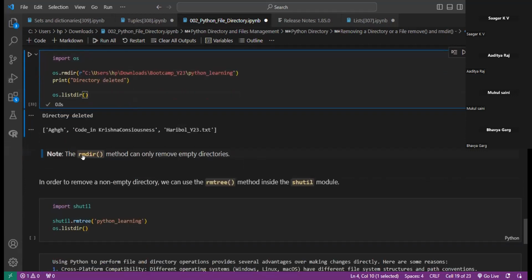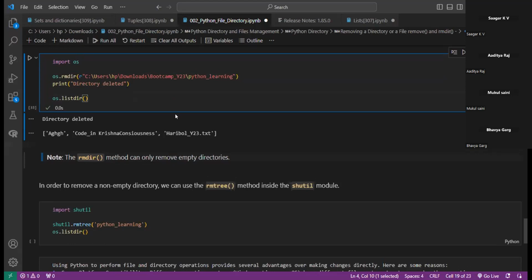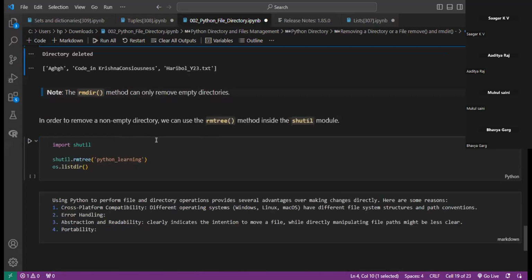लेकिन इसका एक इम्पोर्टेंट पॉइंट है, RMDIR जो मेथड है वो सिर्फ वो डायरेक्टरी हटाता है जो एम्प्टी होती है। अगर ये एम्प्टी नहीं होती तो ये यहाँ पे एरर शो कर देता। कैसी भी डायरेक्टरी हो, चाहे फील्ड हो, अनफील्ड हो, एनीथिंग, तो उसको हटाने के लिए हम RM ट्री का यूज़ करते हैं। लेकिन इसके अंदर हम दूसरा मॉड्यूल यूज़ करते हैं, शटल। तो फर्स्ट वी विल इंपोर्ट शटल एंड देन shutil.rmtree।